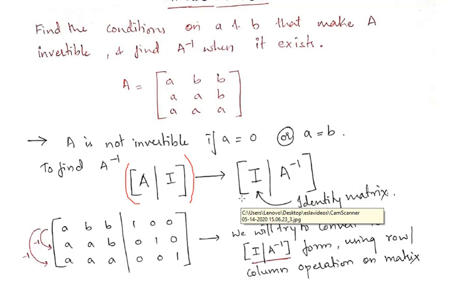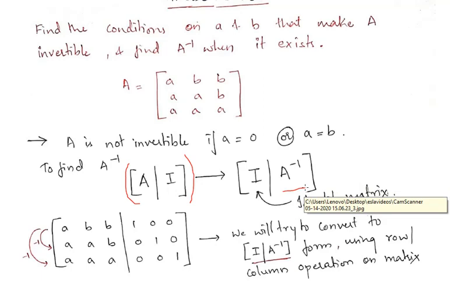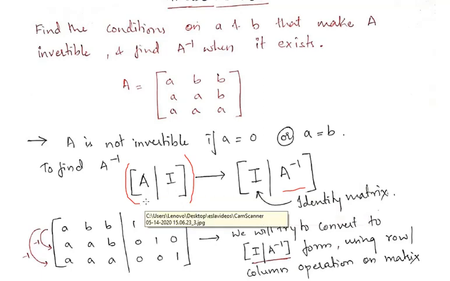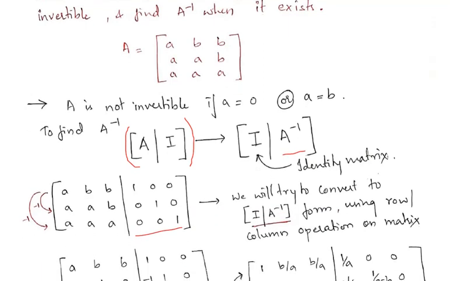If you try some row operations or column operations, so that we convert this matrix into I partition A inverse, means I partition, the remaining part what we get here will be the A inverse. That will be the inverse of the given matrix. So the manipulations are such that we should convert A to the identity matrix, keeping the identity matrix on the right hand side. Okay, so operations will be applicable to both the matrices, the identity matrix and the given matrix also.